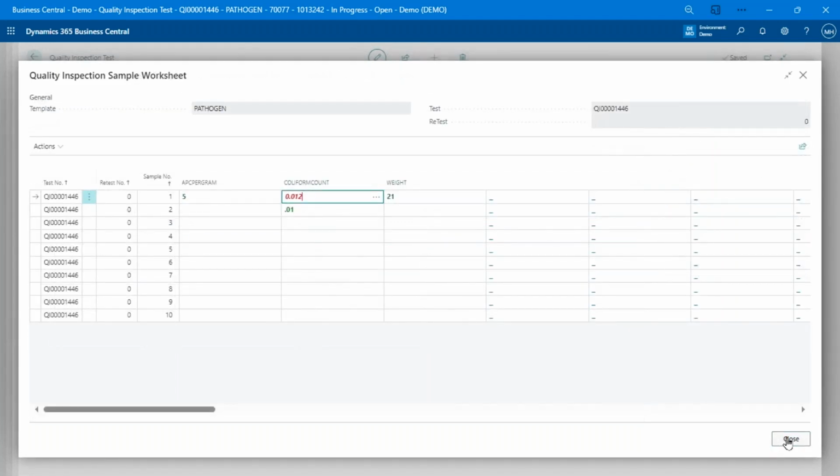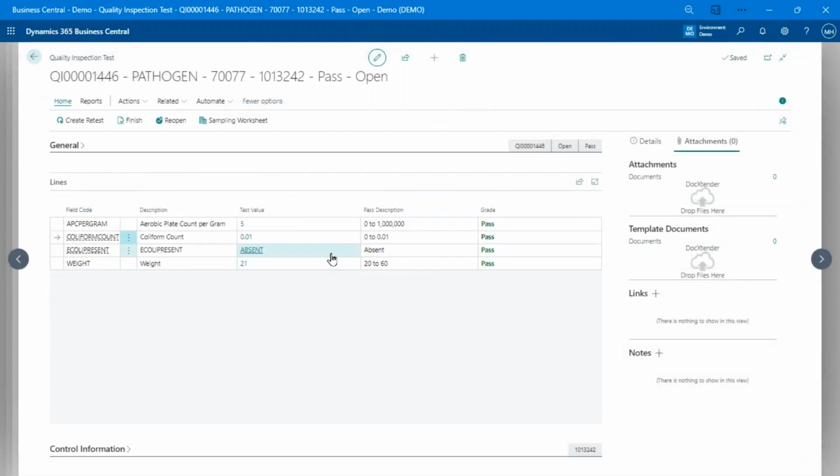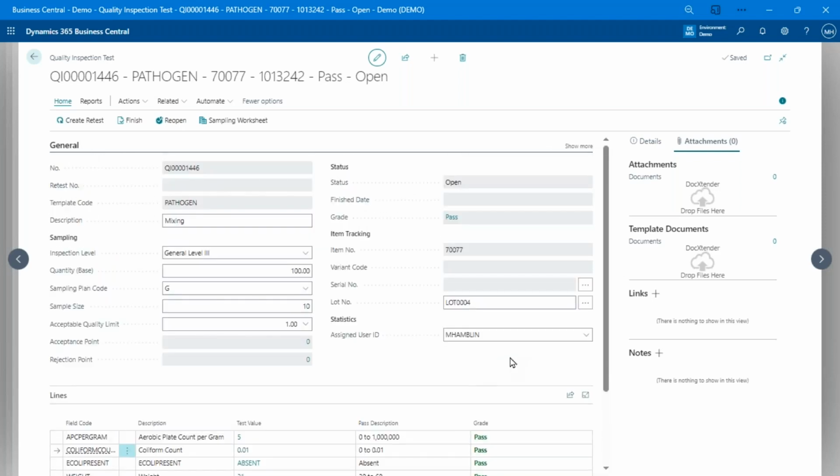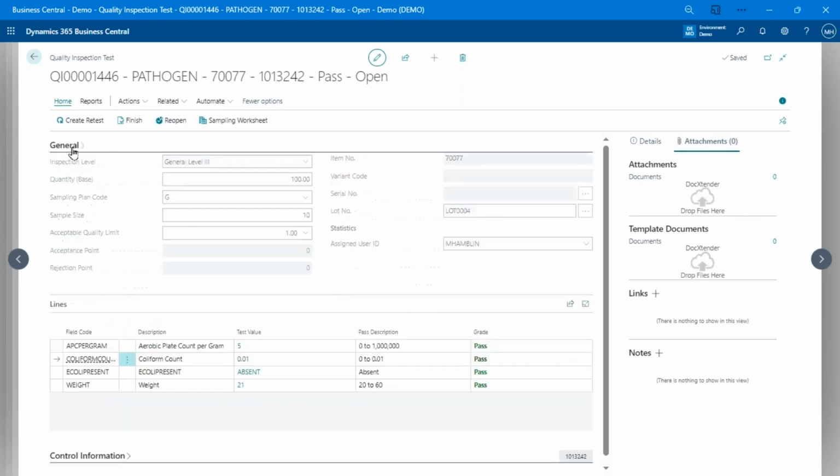Now what that does down here, this is still a failure because it's outside my limits. Based on the average that we've got set here, it'll indicate if that's a pass or fail. So even though we had one sample that failed, it fell within our sampling limits, and this is an overall pass. But we could say, hey, if any single one of those samples fails, we could set it up so that it automatically forces the grade to a fail because of that AQL grade that we've set up.